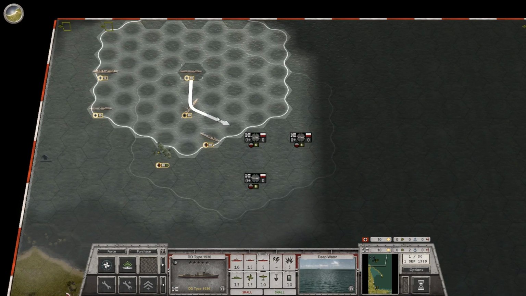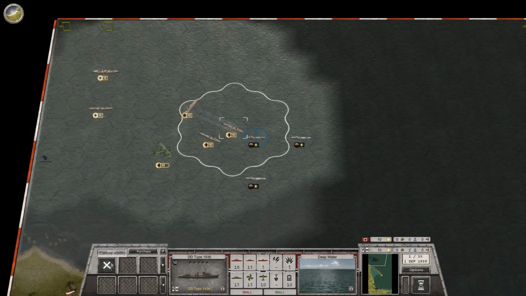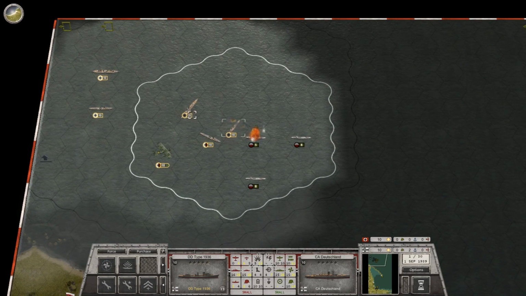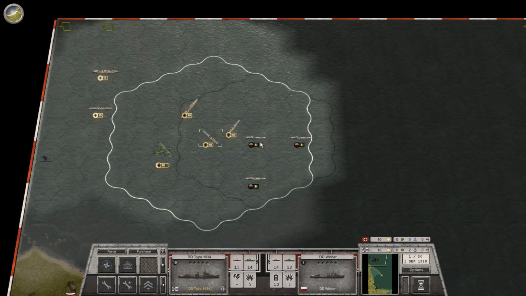Our destroyers... Do we want to move in and launch a torpedo attack against the enemy? We can, but it doesn't really have much of a chance of success, so we won't do that. They didn't really have ultra-modern destroyers. Well,